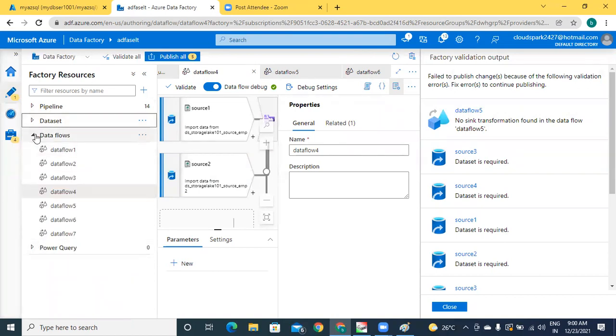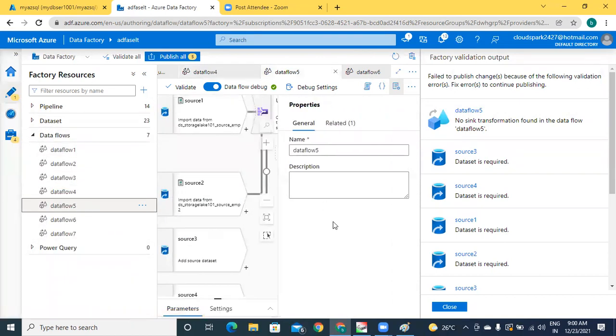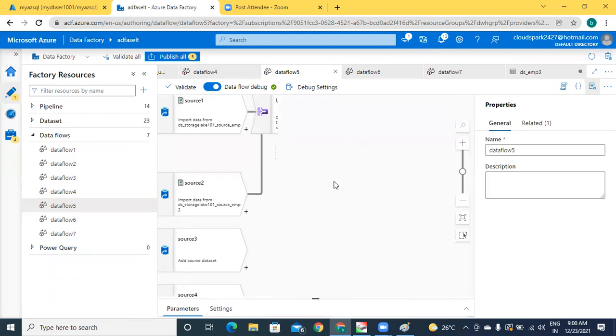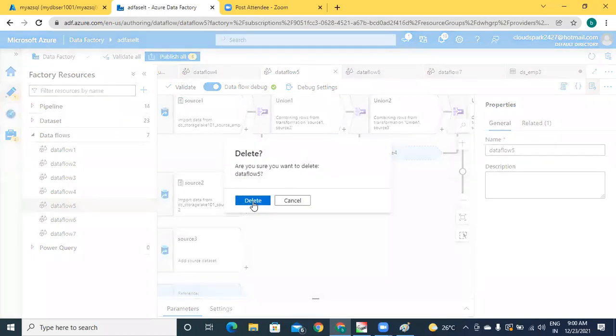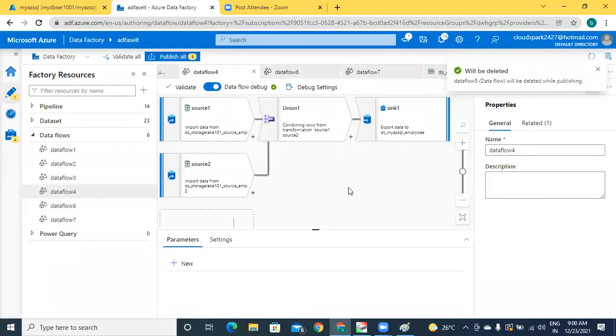So in the data flow 5, I'm removing this data flow 5. Now I'm trying to publish.